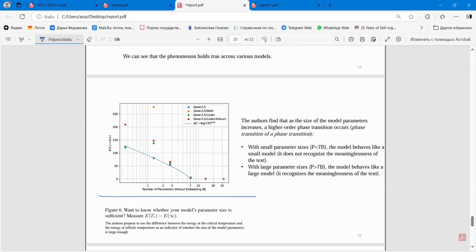What they did, they took the graphs between a number of parameters and the measure of energy in critical temperature and